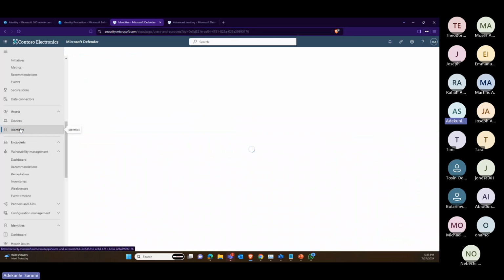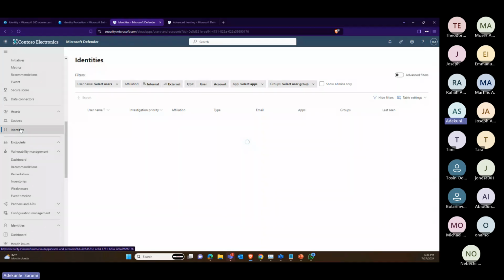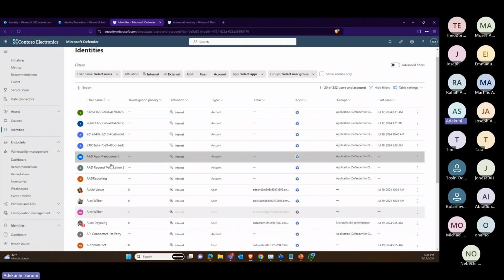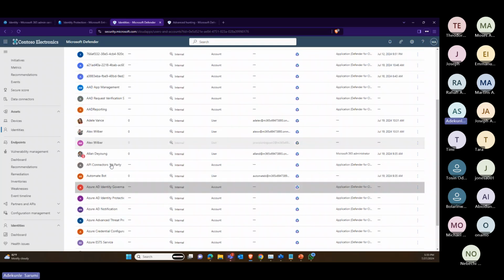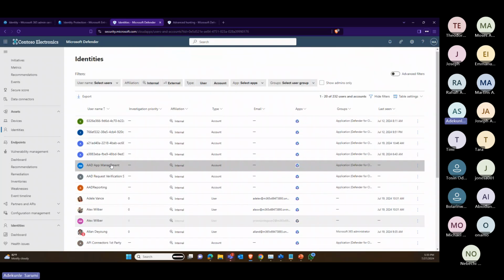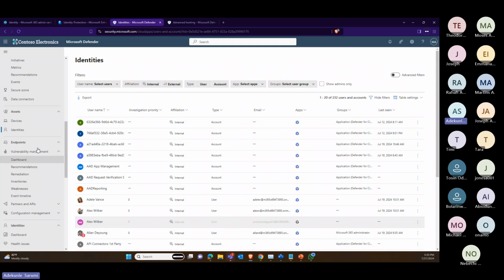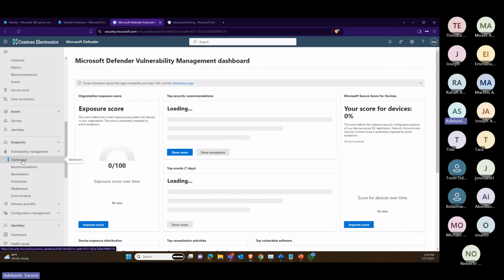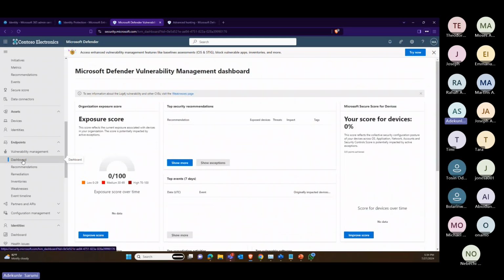Then also your list of identities. So list of identities shows you all your identities and the priorities of investigations on them. So these are my identities. You can see there's a lot of them. Just to track your Defender for Identity. So all this one just lists all your identities as the case may be. Then we'll move to this portal that has endpoints. So for endpoints,